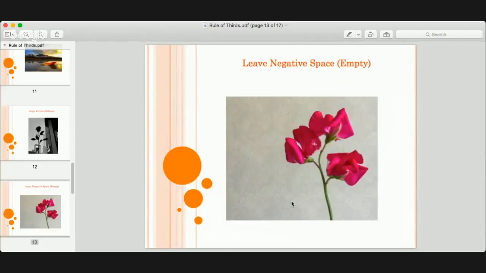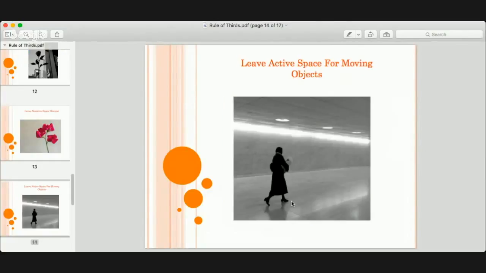That's number 6. Number 7 is leave active space for moving objects. So in this case, there's a lady walking. Now your mind can probably see her continuing to walk, being that there is space to the right of her. The lights fall on the rule of thirds top line, horizontal line.